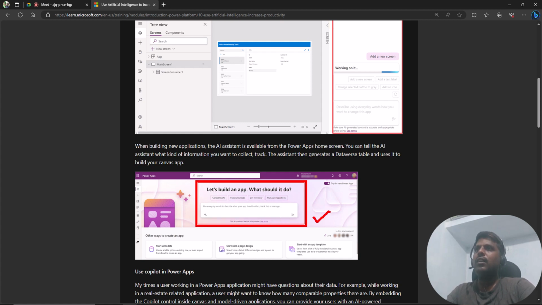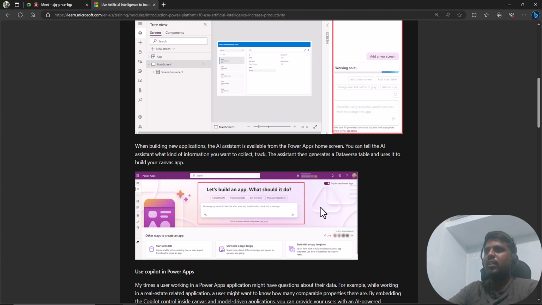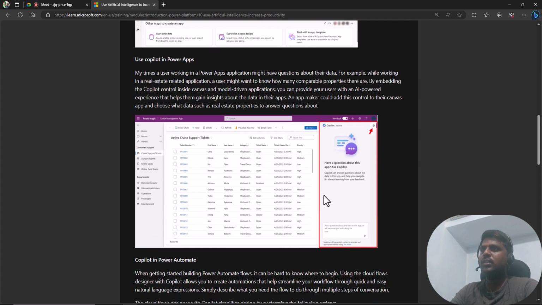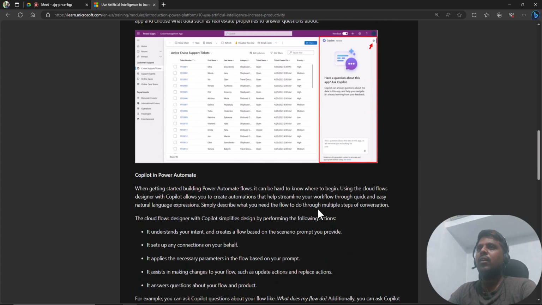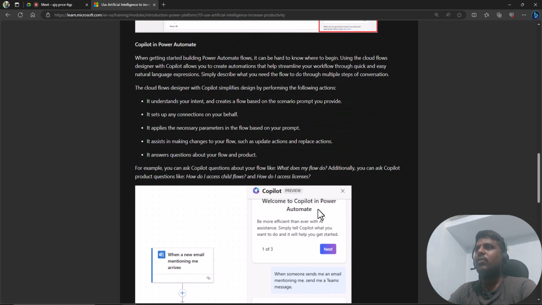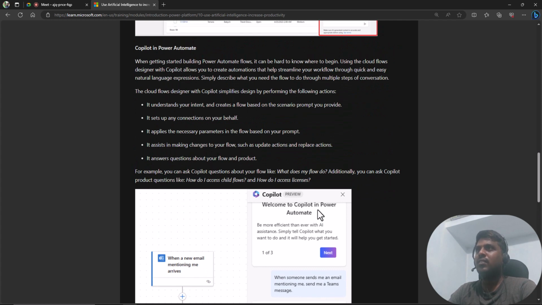So our assistant generates a Dataverse table where we can build the Canvas app based upon the query generated. So this Copilot will help us with low code and no code creation of Power Apps, and make many more things automated as well. Even in Power Automate, you could notice that for a particular scenario,